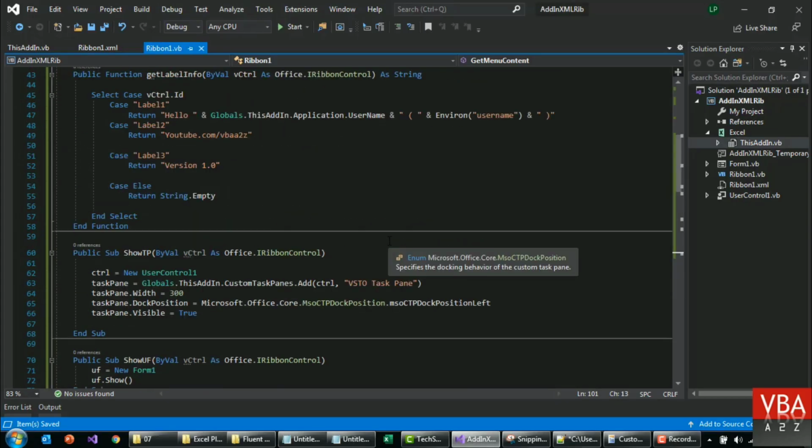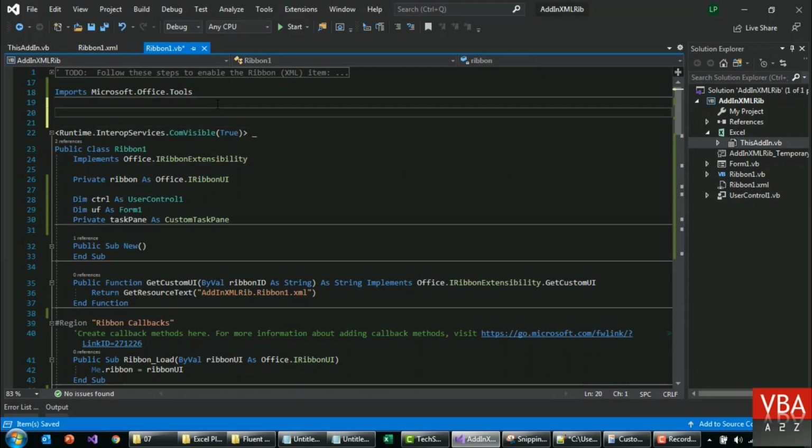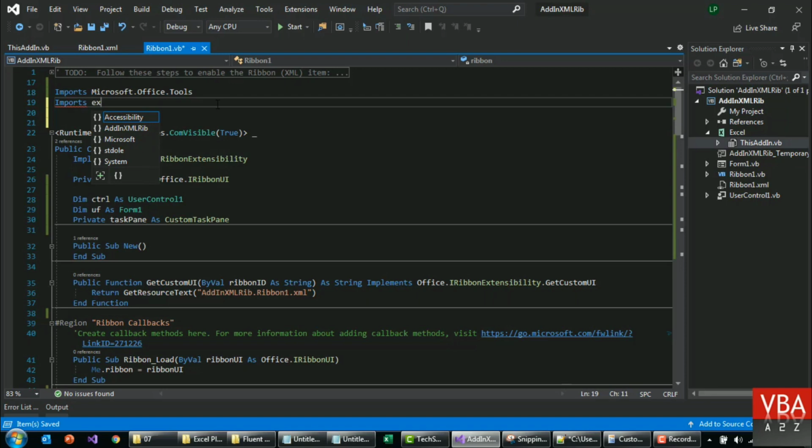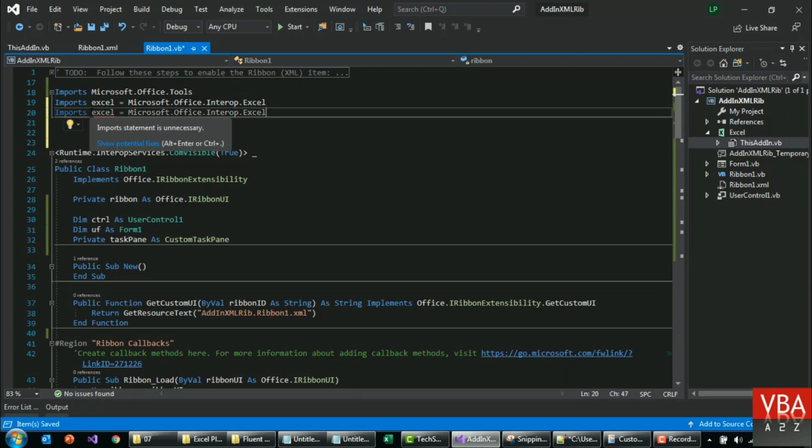Looks like some assembly is missing. Let's import some more. We'll import Office Interop and maybe specific to Excel. Let's say Excel equal to Microsoft Interop, and this is gonna be